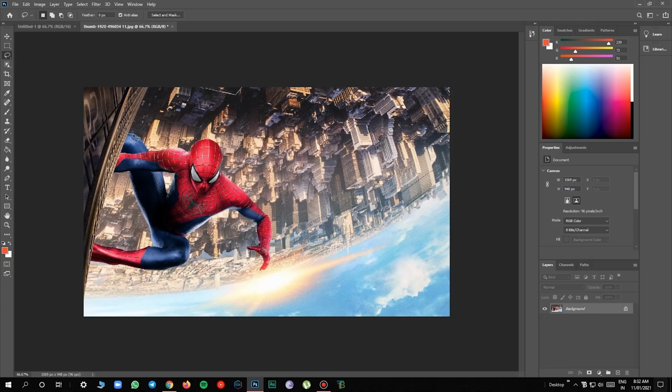So we have to select the lasso tool and let's do an outline. Just left click from anywhere to start and make an outline. So now we are going to do it a little bit rough, since it's not very important to do it very precisely. So let's select the outer part of the image and do it. I thought maybe this image would be easy for duplicating.